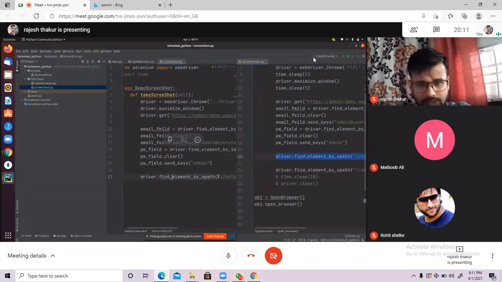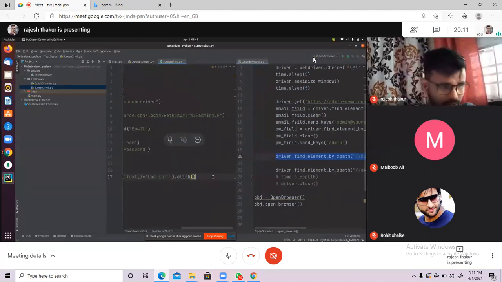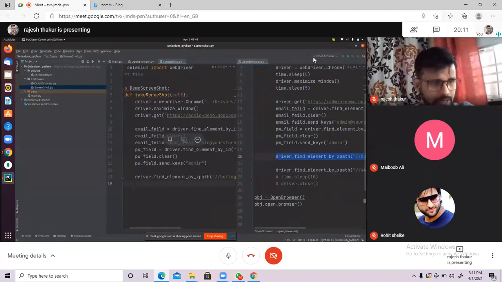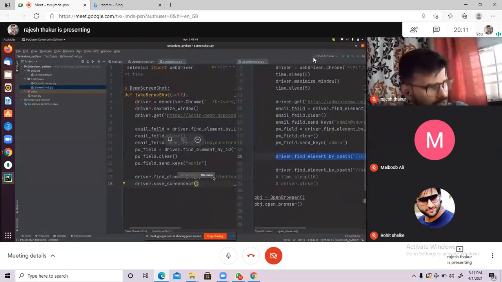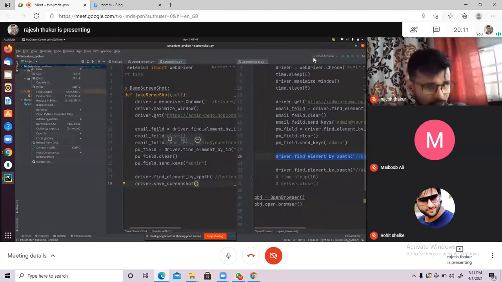For taking the screenshot, there is a method, driver dot save screenshot. This is the method, save screenshot. It is asking for the file name. So where you want to store the screenshot, just create one folder, new directory.